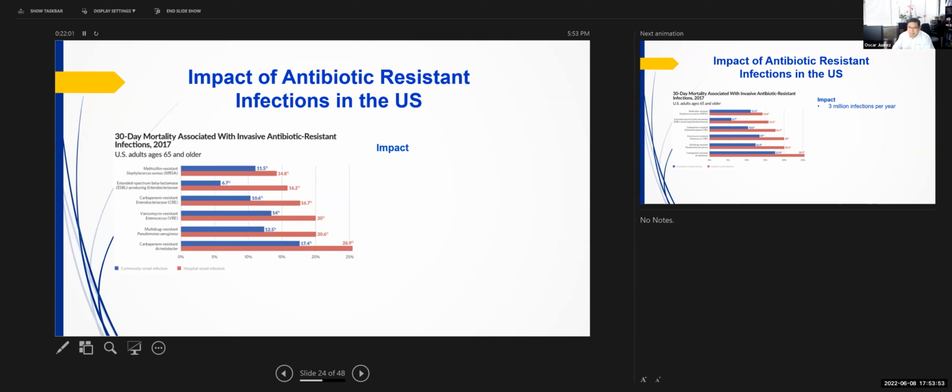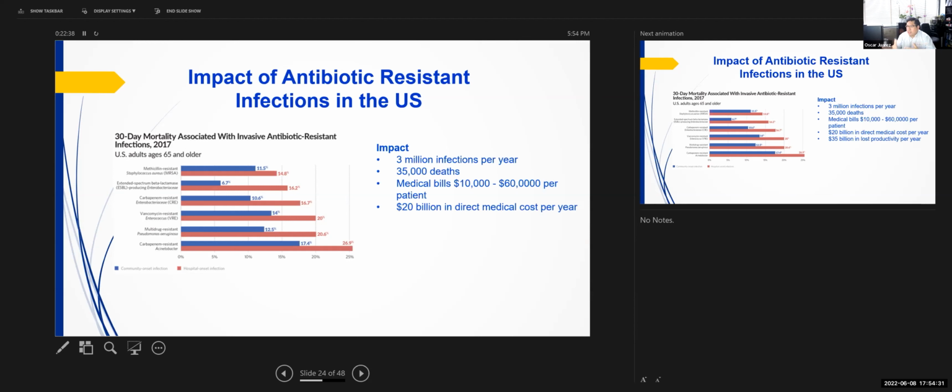And it is not that hard to catch one of these infections, but it's relatively simple to die from them. What would be the impact in big numbers? Well, 3 million infections per year. Not all of them are 65 years or older; some are younger, but at least 3 million infections per year in the US alone. 35,000 deaths. And if you catch one of these infections, in particular if you are 65 years old, your medical bill is going to come at a rate of $10,000 to $60,000 per infection per patient. So who among us can afford a $60,000